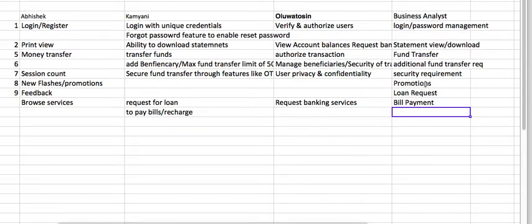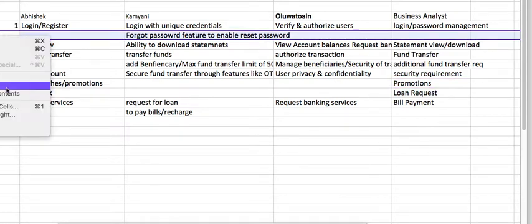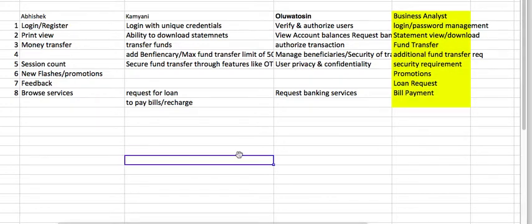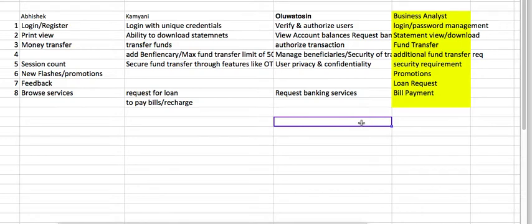Now the majority of them, let me just see, everyone agreed to all this, right? Except the promotion, everyone agrees to everything. So let's also delete this one. Now 1, 2, 3, this one is 4, 5, 6, 7, 8. So we got a total of 8 requirements here. Now this is how you may want to put them together. Everyone has given feedback, but no one agrees, so I'm just adding the feedback, but of course no one